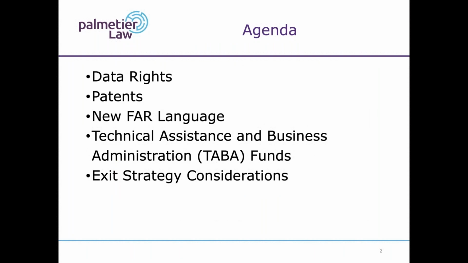Next slide. Okay, so today, last week we talked about the SBIR, STTR program in general and some of the basic rules. Today we're going to focus specifically on the IP rights, intellectual property rights, that come out of the SBIR program, because the SBIR program is a high-tech R&D, research and development program, and therefore there's always going to be some sort of intellectual property that needs to be protected. It's also one of the biggest benefits of the SBIR program.